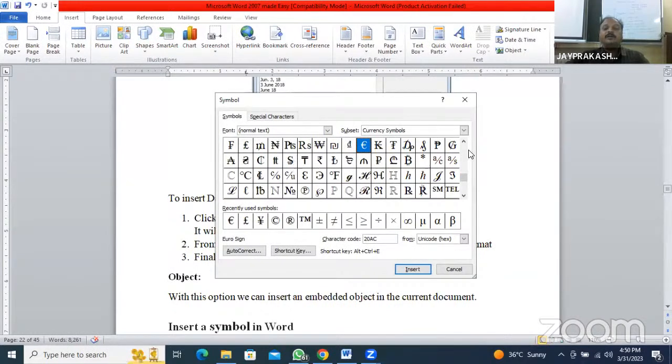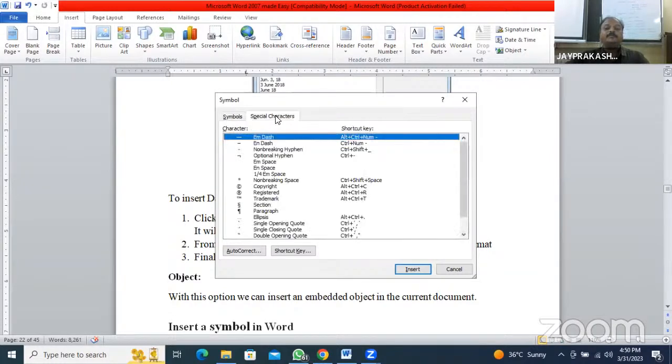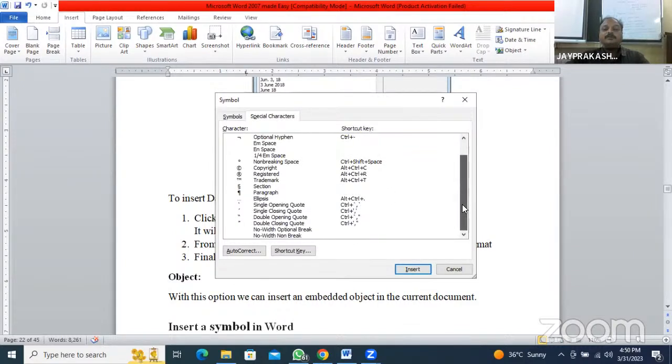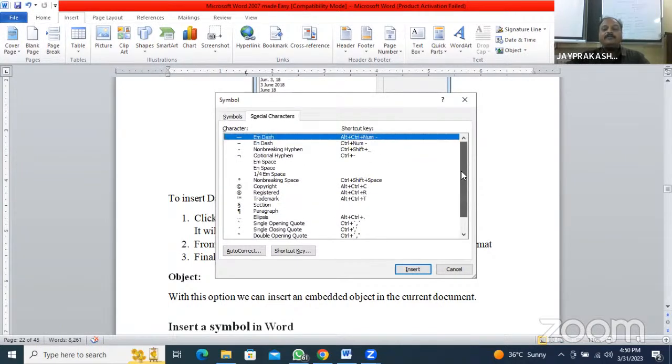is showing us a number of different symbols as per your font type, and these are some special symbols. Except these, there is no other special symbol, and there are some shortcut keys to insert such symbols. That is, Alt plus Control plus a key, and the symbol will be inserted: hyphen, small hyphen, non-breaking hyphen, en dash, then optional hyphen, hyphenation I have told you,